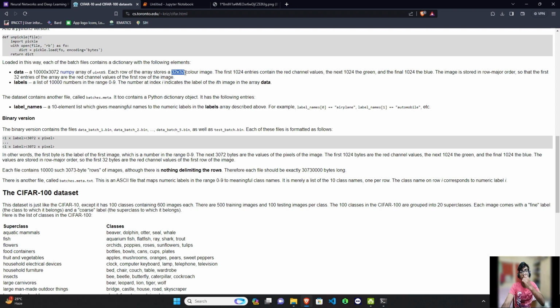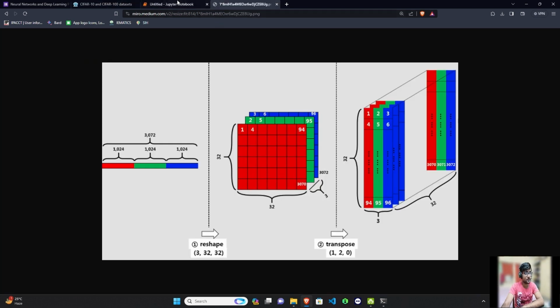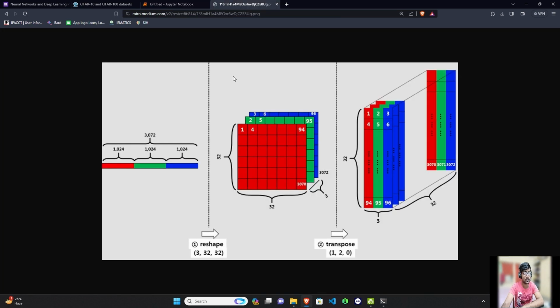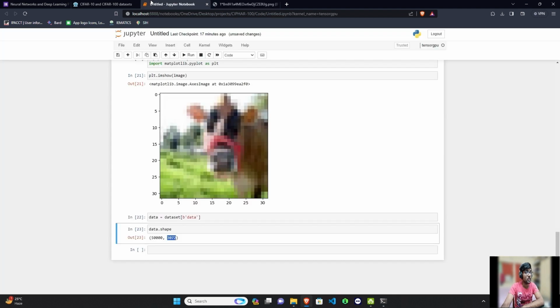So we will use 32 comma 32. Plus we can see that this shape is 3072. This is only possible when we add up like this. So each matrix will be of 1024, so it comes 32 comma 32. So anyways, we have to do it for the whole